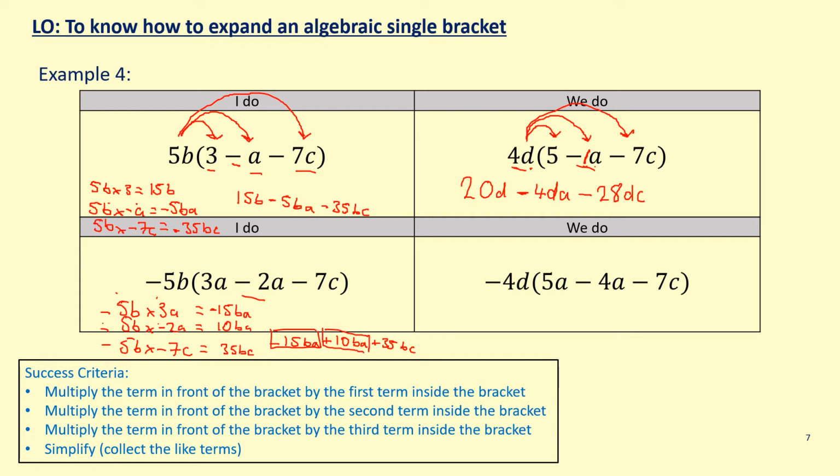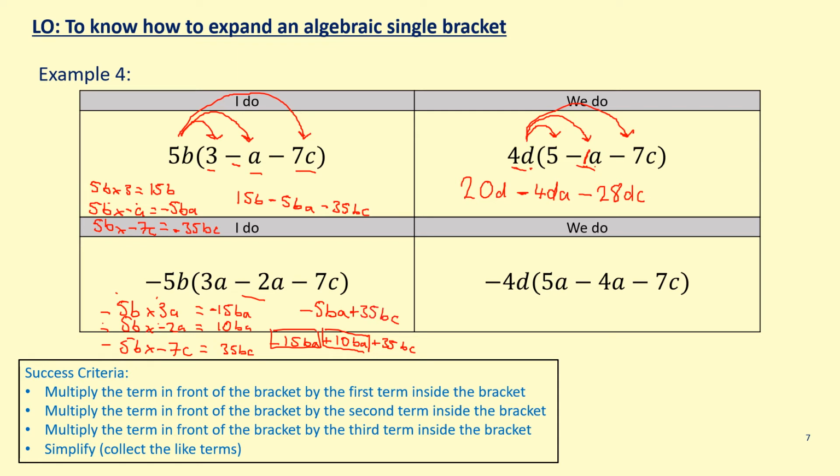So if we think back to our number lines or how we deal with negative numbers, we've got minus 15 add 10. So that means we're going from a negative place and we're getting more positive. So minus 15, minus 14, minus 13, minus 12, all the way until you've added 10. And you get the answer minus 5 BA add 35